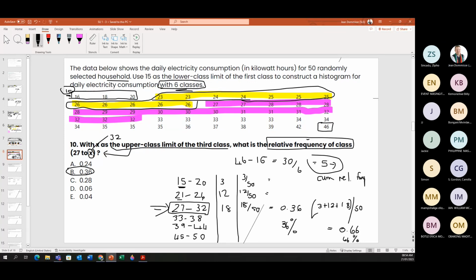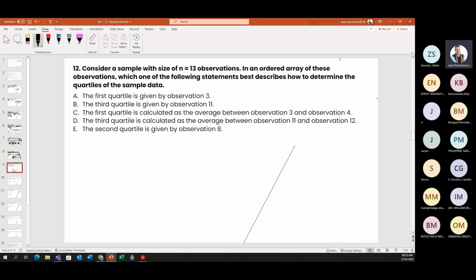Okay, so this is not one that I've seen really before. What they would normally do is stop at you calculating the x. So now they went further by looking at cumulative relative frequencies. So it might even be that the next one is cumulative. No, so